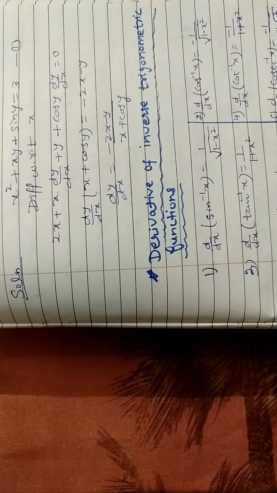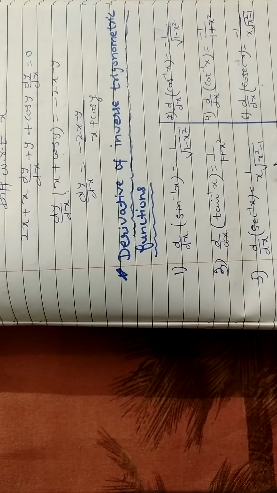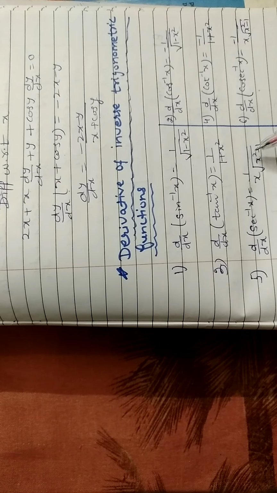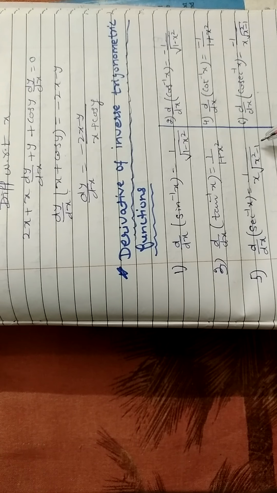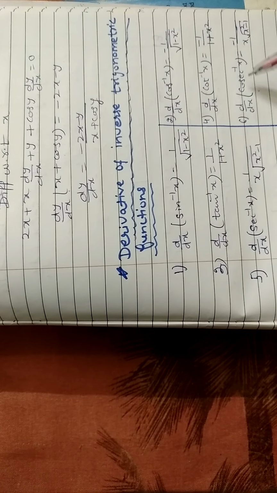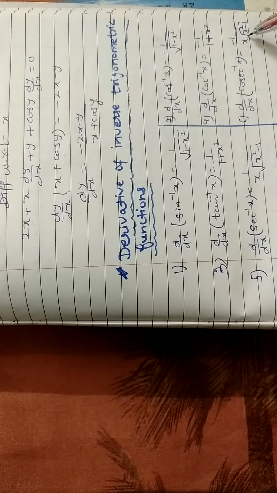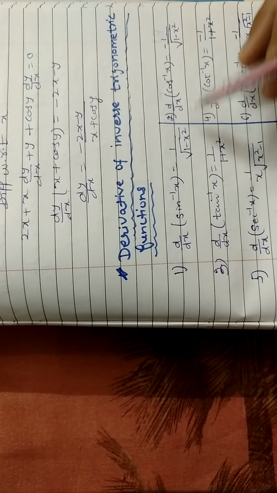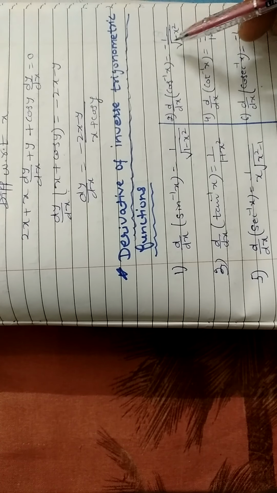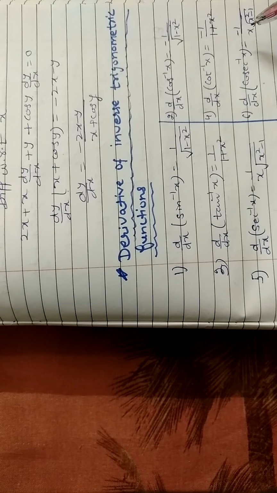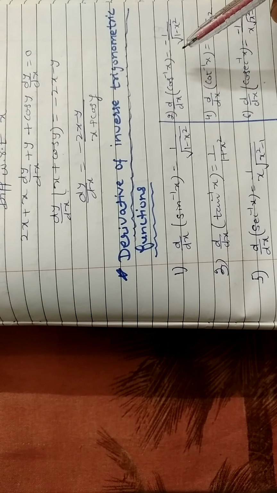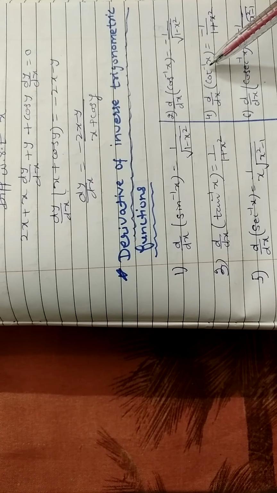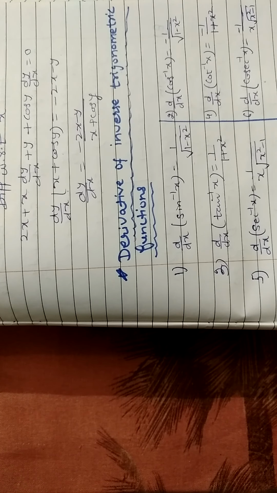Similarly, the derivative of secant inverse x is 1 over x root of x square minus 1. And the derivative of cosecant inverse x is minus 1 over this. If you remember the derivatives of these three, then the derivatives of the other three are just with the negative symbol. Clear? So the derivatives of all those starting with cos inverse, cot inverse, cosecant inverse are with a negative symbol. So these 6 you have to remember.